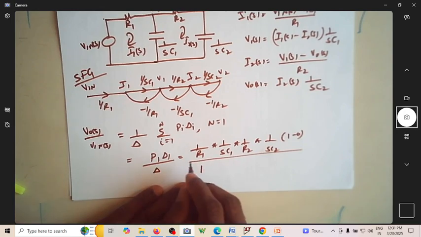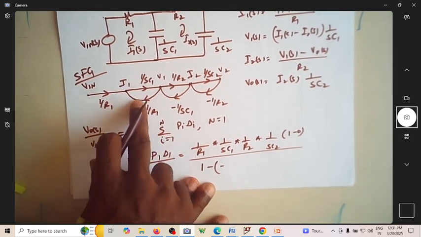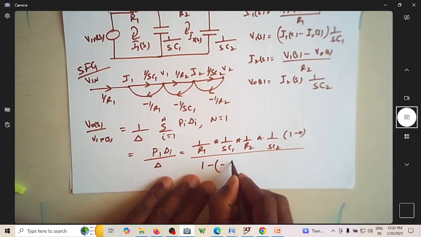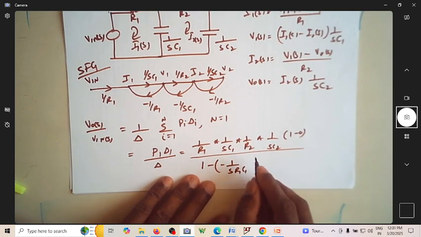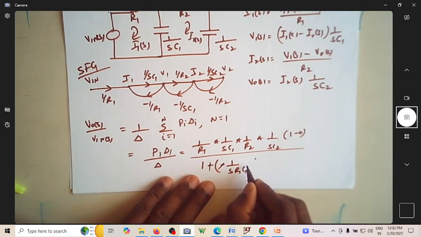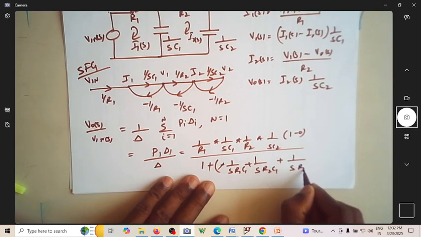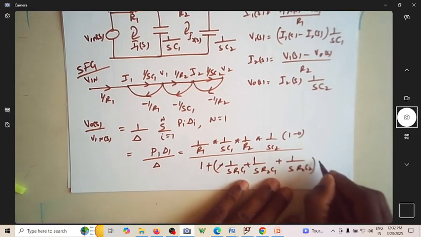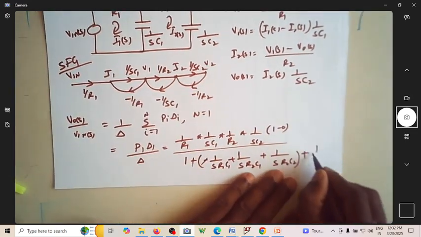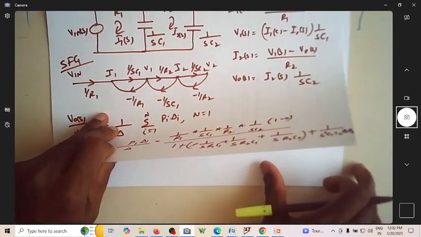Delta is 1 minus the sum of loop gains. The loop gain is minus 1/(sR1C1), and how about this? You can take this minus sign outside, so I put plus 1/(sR1C1) plus 1/(sR2C1) plus 1/(sR2C2), plus these two are non-touching, so it becomes 1/(s squared C1C2R1R2). Upon simplifying, I can write,